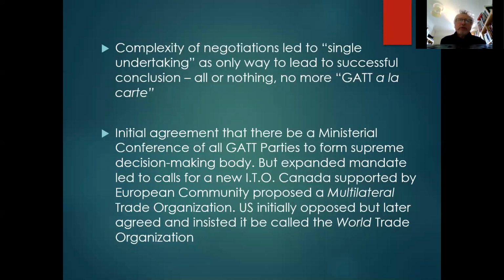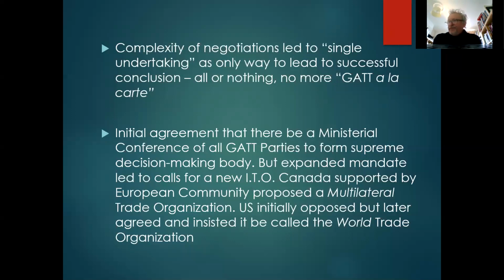Now, institutionally, at this point, there's just GATT. There's no International Trade Organization. But this is now getting so complicated. Can a relatively small office in Geneva handle something this big, this complex? Well,